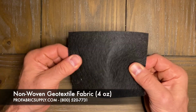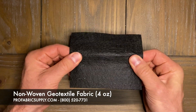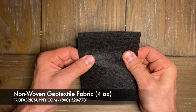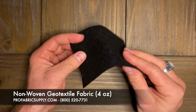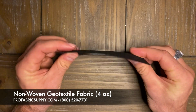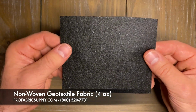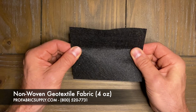Our 4-ounce non-woven geotextile fabric provides an ideal balance of durability and permeability, which makes it well-suited for a wide variety of different drainage applications. The fabric has a felt-like texture and is needle-punched to allow for a high level of permeability. The fabric is commonly used in French drain projects in both residential and commercial applications,